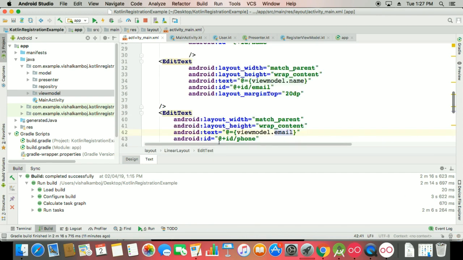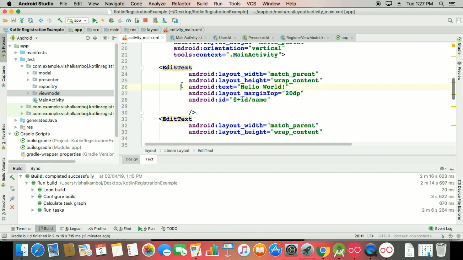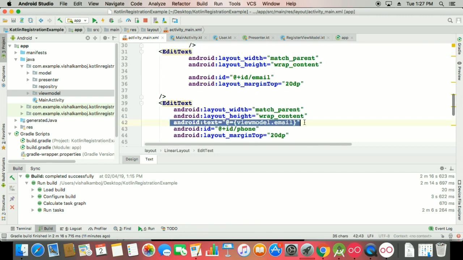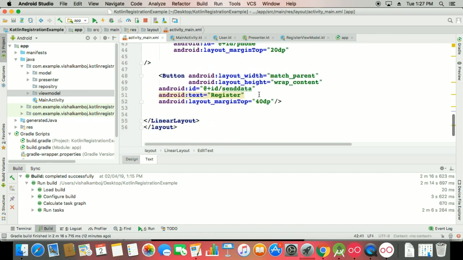Oh sorry, first one I'm making a name, and on the second I'm making the email, and here on the third I'm making a phone. So that's the things for the view model. And for the presenter, what we need is an on click, and on the on click we need